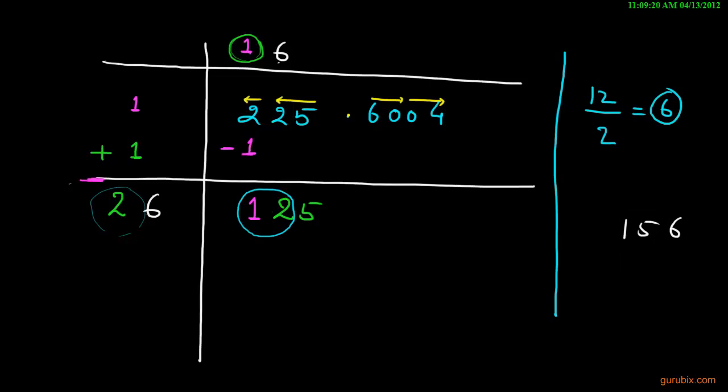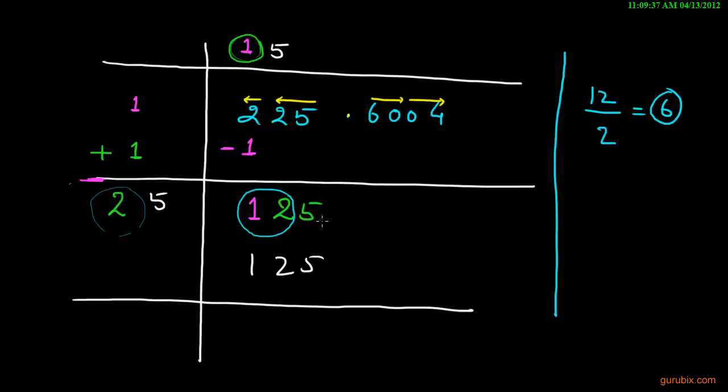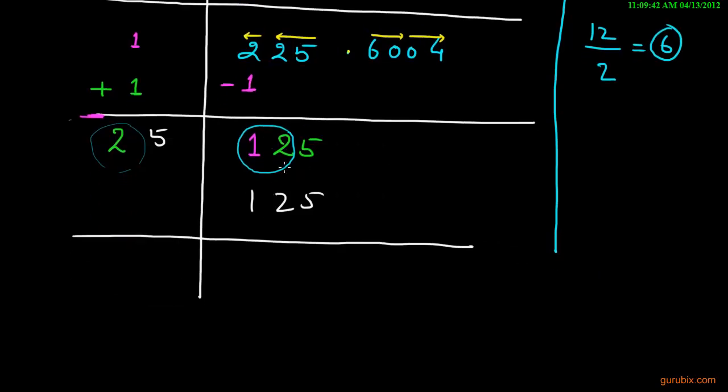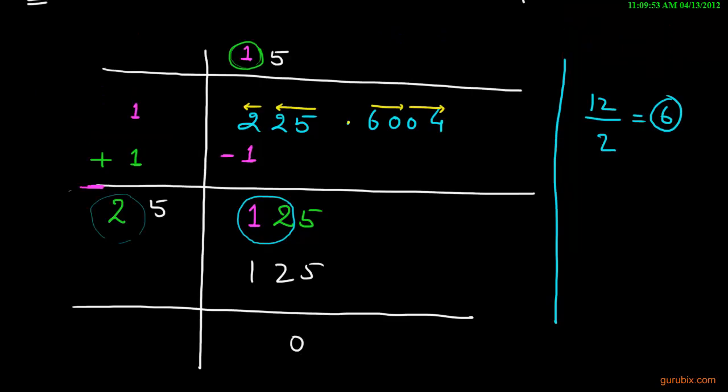So we shall write 5 here, and now we shall multiply 5 with this 25, then we get 125, and this is equal to this 125. Now we shall subtract 125 from this 125 to get 0, and now we shall add this digit 5 with this divisor 25 to get 30, and